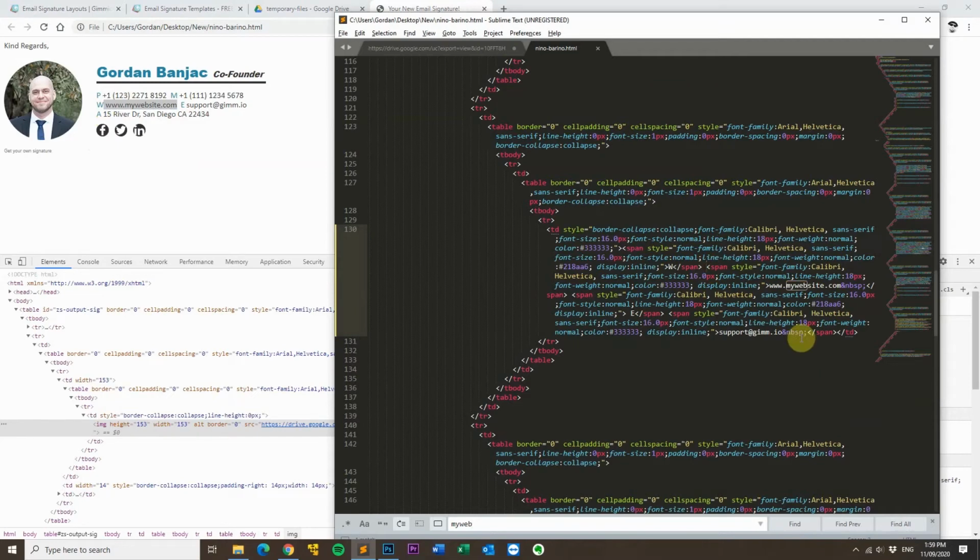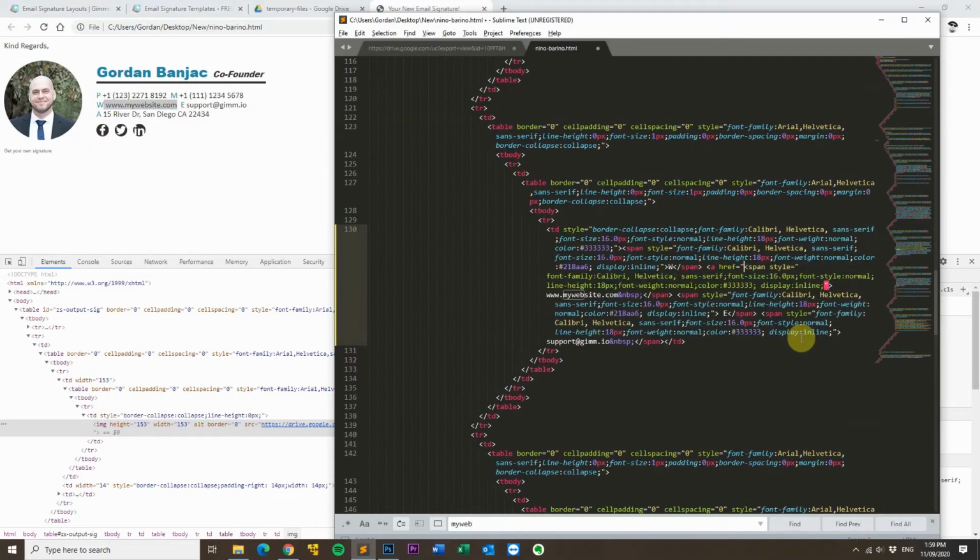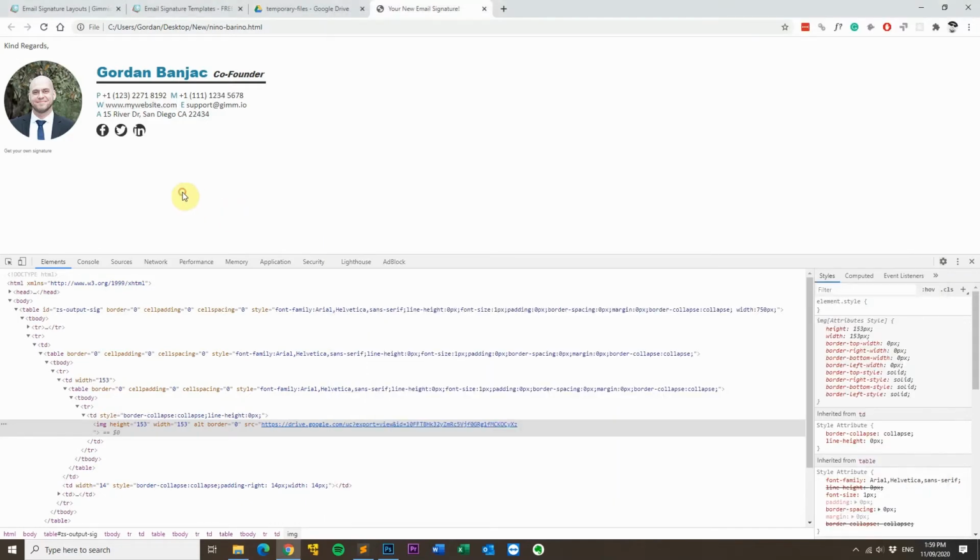Okay, so what we want to do is just put an A in there, href equals www.mywebsite.com, and then close it off like so, and then end it after the span ends, which is here, like so, and that will make that a link. So I'll just save it now and refresh it, and you can see it's a link now. So if I click on it,